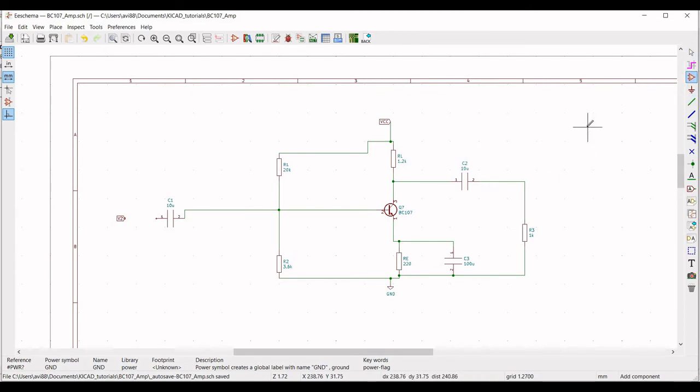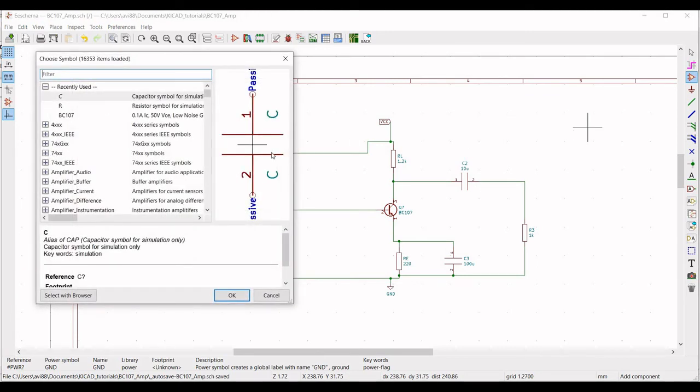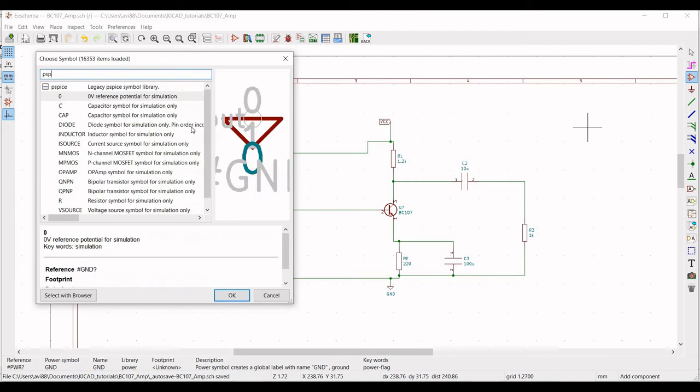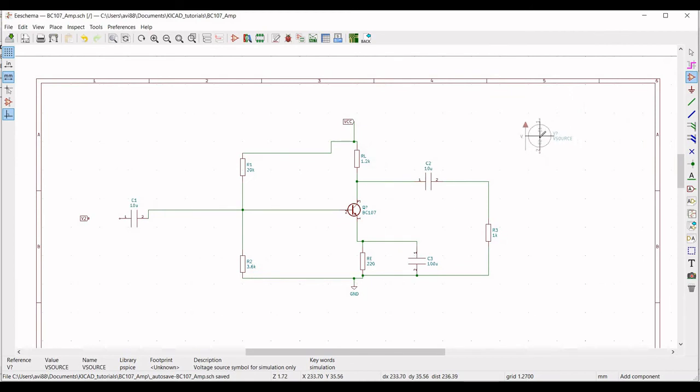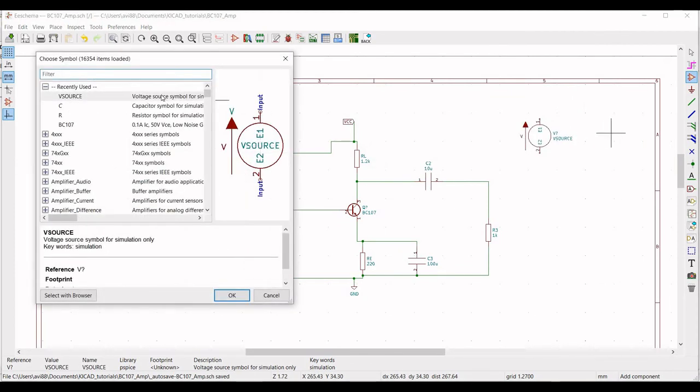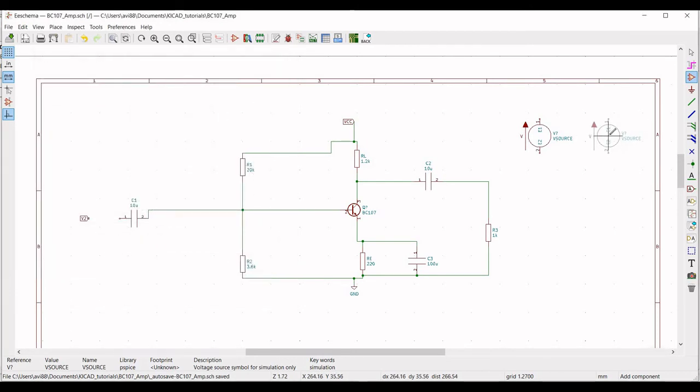So click on the place symbol and select the voltage source. Place this component on the schematic. We have to place another voltage source which will be the input for the common emitter amplifier circuit.